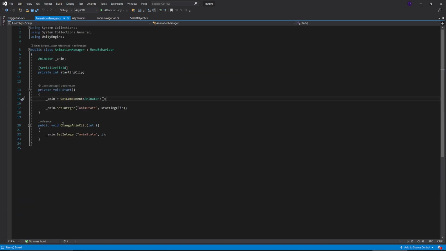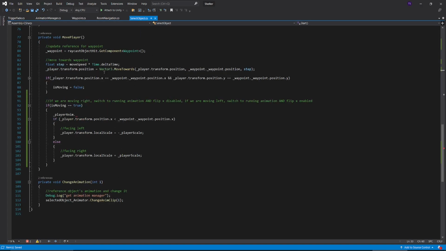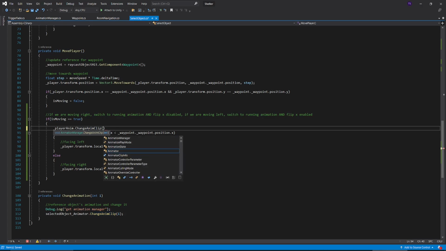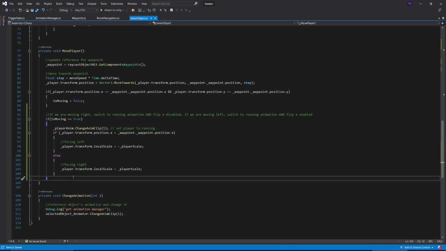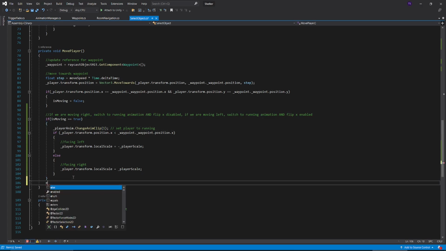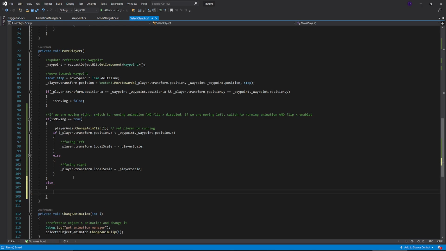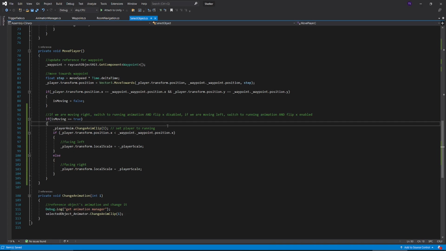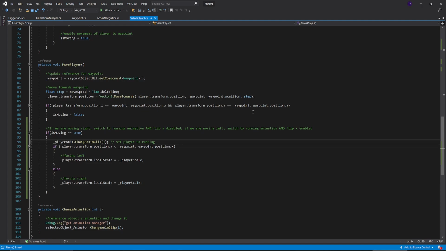And then our method in here was change anim clip. So change anim clip, and we're going to change it to 1, which was our running. And then right here, I'll just say if he's not running, ooh, I don't want him to always be at idle when he's not running, because we might want him attacking too. So maybe right here when he reaches his destination,